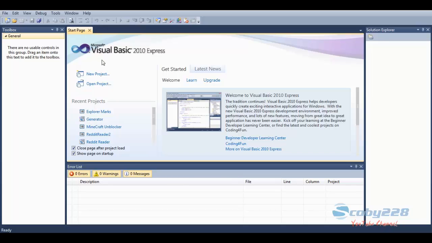So I recommend you download the latest Visual Basic. I have 2012 and 10, but I'm using 2010 right now because I just like it better. 2012 is just a little too much. Nothing new, just changes the design. I don't like it. So after you open up Visual Basic,